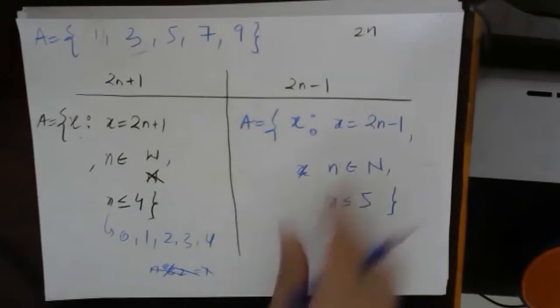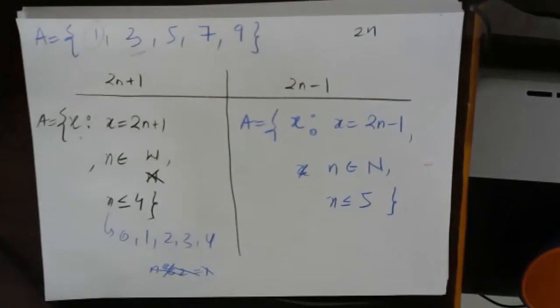Okay, just check these two solutions. Other than this, if you are using modulus, that is also perfectly fine. The remainder of the number by 2 should give you 1. That is also perfectly fine. There is nothing wrong about it. You can use that.